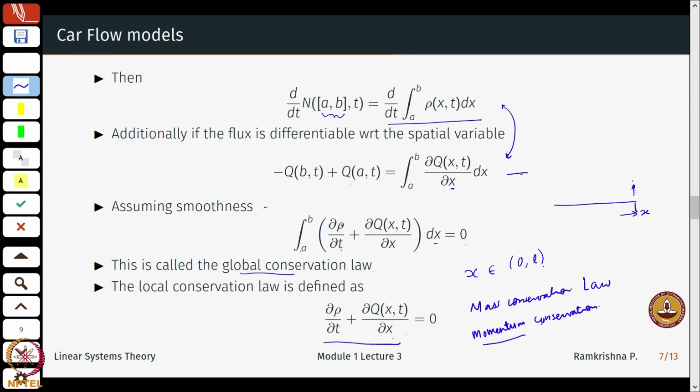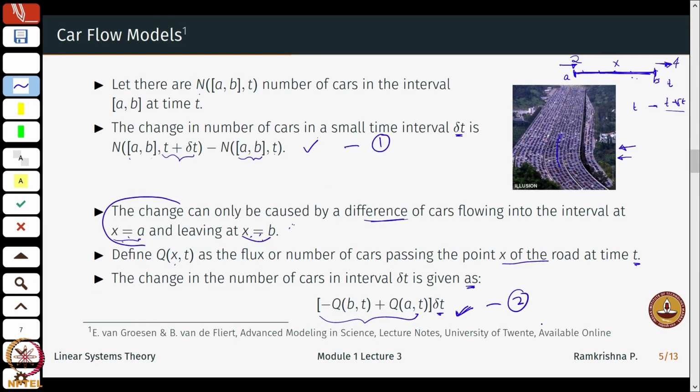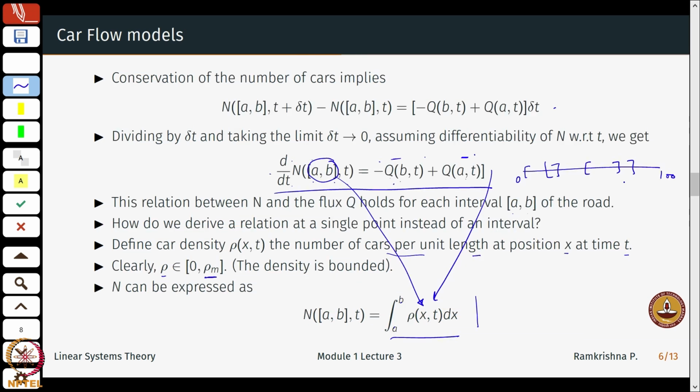So, just to show you an illustration of how starting from a physical observation of traffic flow, we can actually write them down as partial differential equations. Okay. Of course, the aim of the course will not be to look at solutions of these equations, which will depend on initial plus boundary conditions and so on, but just to give you an idea of how to start from basic physical observations to arrive at mathematical expressions.